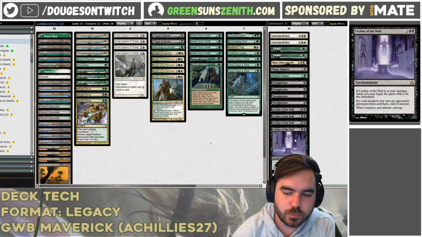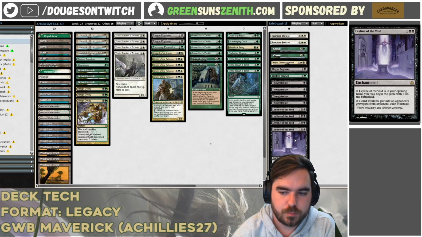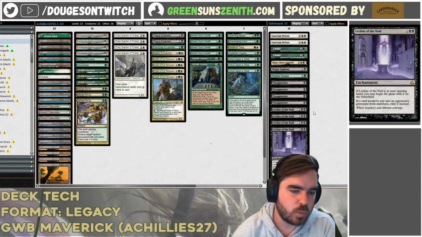It's a really clean answer, which is nice. If they have Force of Vigor, they have Force of Vigor. But I do like that Leyline just does what graveyard hate does best. So,